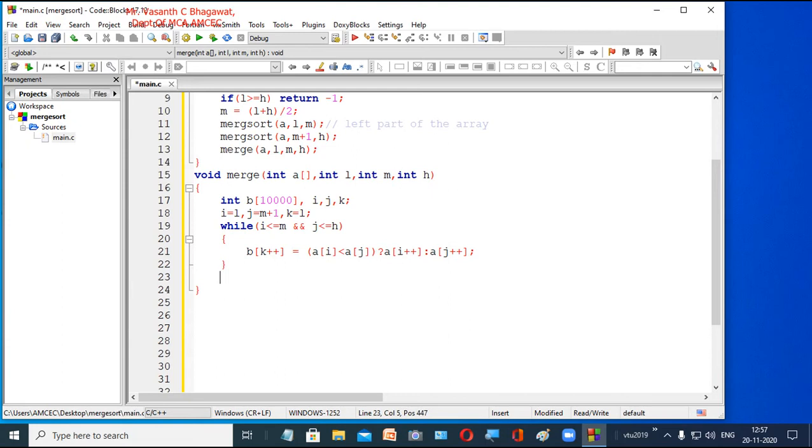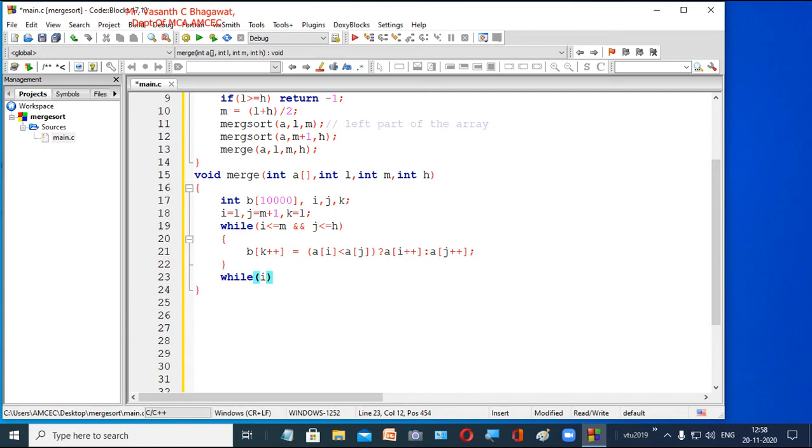Right? Now we told that there can be some elements left in either the left part or the right part of our array, so we have to copy those into the temporary array. First we will check our left side: is there any element left in the left part of our array? You can see here we will break this while loop into two parts. The first one is i less than or equal to m.